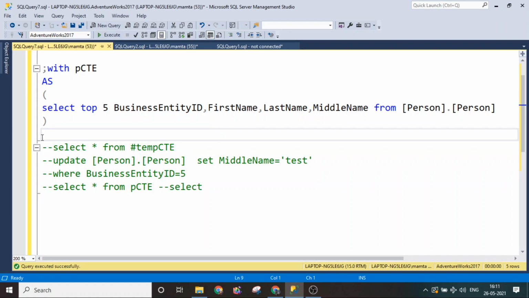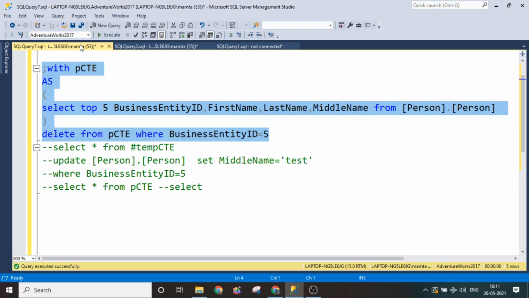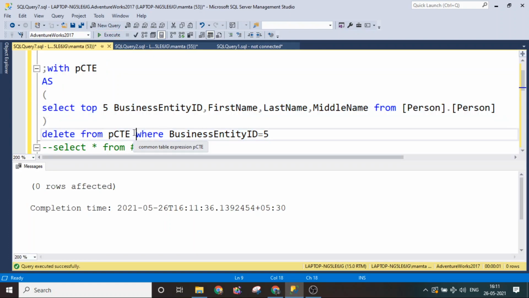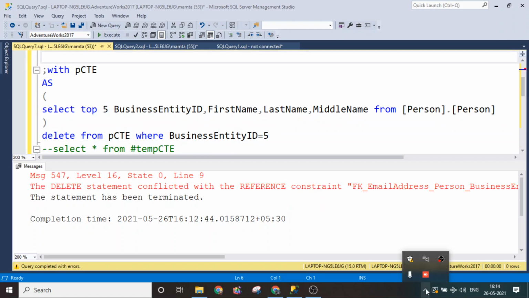Now the second last is how we can delete. Similarly, whatever command you need to write, you write it just after the closing braces, where business identity equal to 5. Let me delete this record and see whether it deletes it.